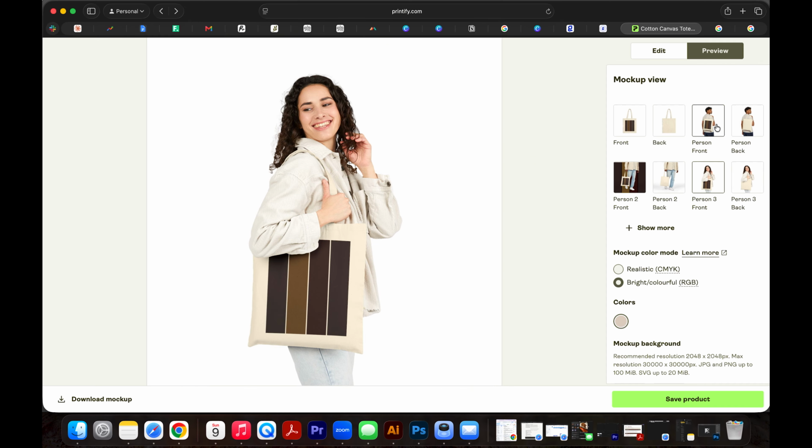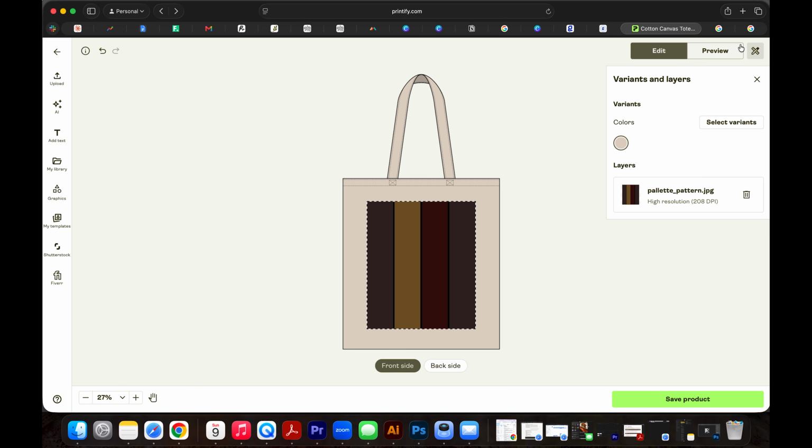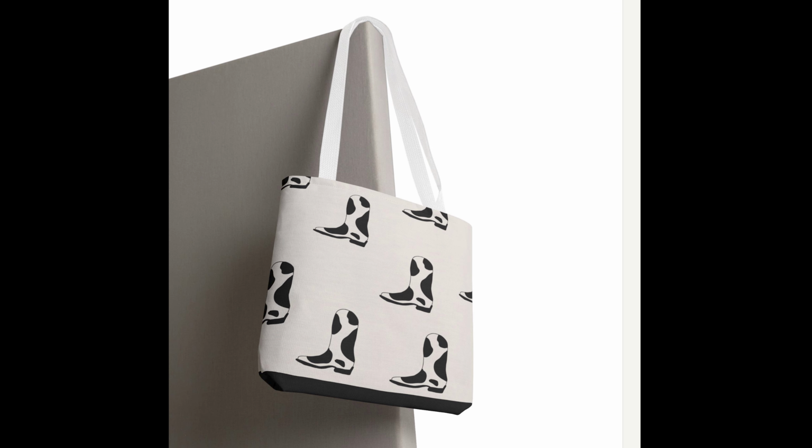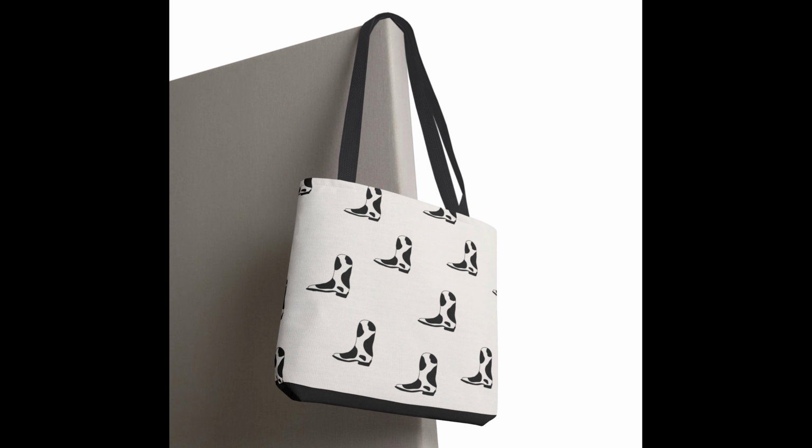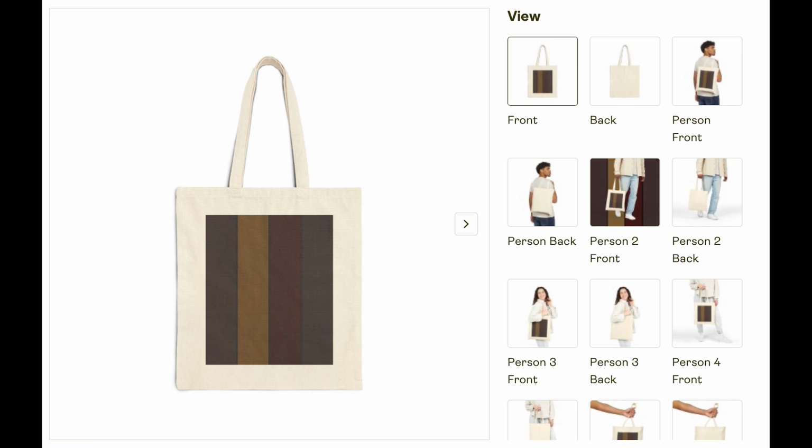It's very dark, so I don't know if it's going to really work, but I did want to order two different kinds of tote bags to compare. So this is the end result: the cow print bag and then the palette bag. When I get the samples, I'm going to compare and see, is this a good quality? Do I like this? Is this the print on demand business that I want to go forward with? And if so, then I will start creating some more designs as I'm building out my Etsy page. And yeah,